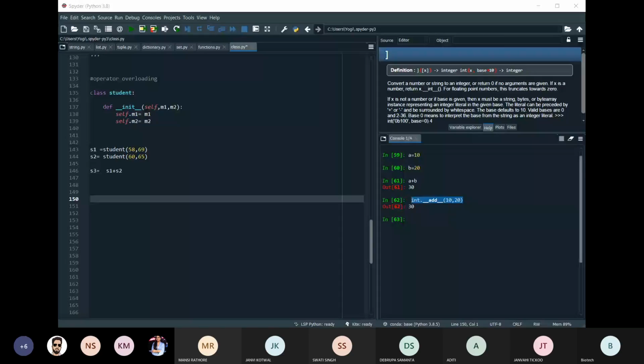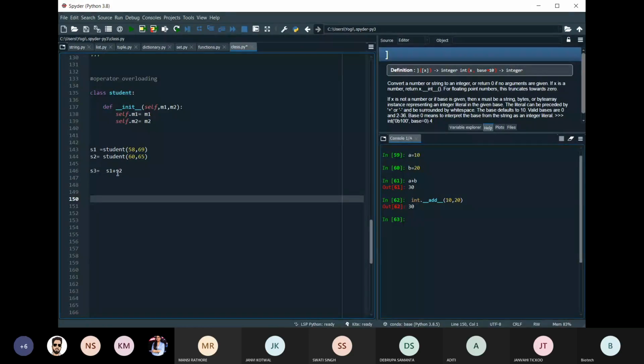Okay, so this is how the plus operator is going to work inside the function. This is an inbuilt method that I have already told you about. These double underscore functions have special meaning. So this is how A plus B is going to behave in memory. I cannot add two classes, so I'm getting this error. So how does operator overloading work with classes?